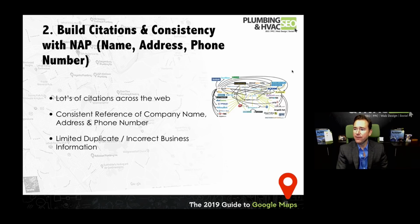So that's where we can leverage some cool tools to make sure that there's consistency of that name, address, phone number. I'm going to give you guys a resource that you can put in your company's name, phone number, and address, and it will scan the web and tell you, is there inconsistency? Are there issues that need to be addressed? Now, the other thing is you really want to limit duplicate and incorrect business information. So, if there's 2 or 3 references of your company on Google Maps, that's an issue